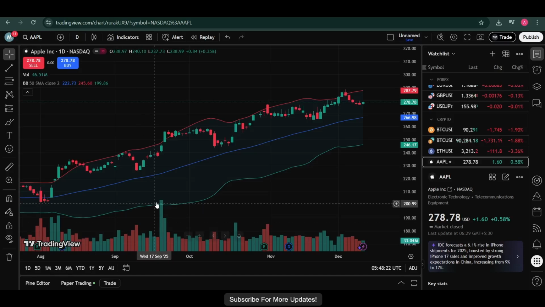In today's video, I'm going to show you how to reset your TradingView chart back to the default view. Over time, your chart can get cluttered with indicators, drawings, settings changes, custom colors, and layout adjustments. Resetting it gives you a clean slate, just the candles and nothing else, so you can analyze the market with